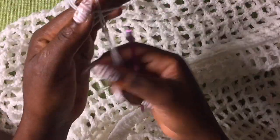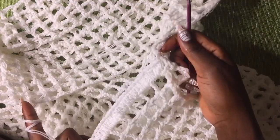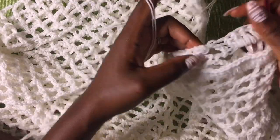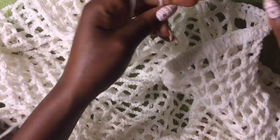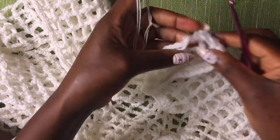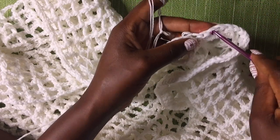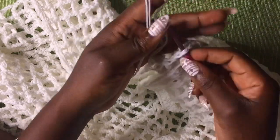So make a loop, and come to your base. If you have no double crochet, make it all around, but I had already done one to kill time. So I'm going to come on this neck area and continue from there with a double crochet. So I'm going to enter into the third loop. Yeah, that loop, the third loop, and then pull my loop through,